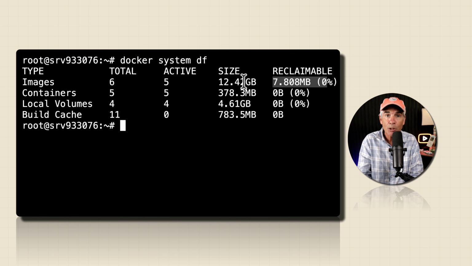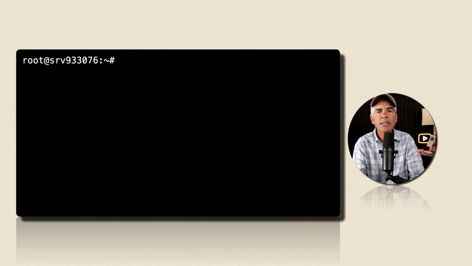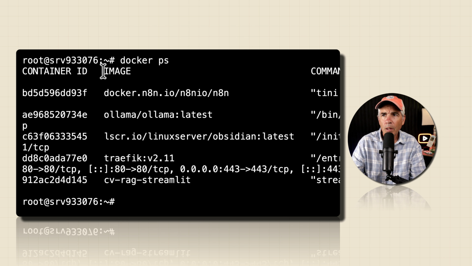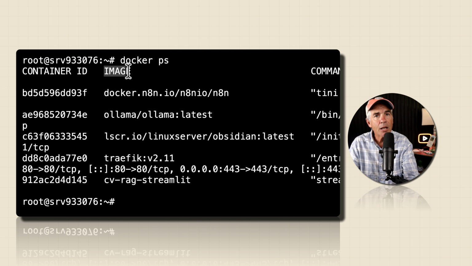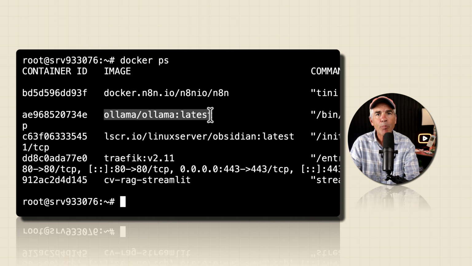That's because I just pruned. I'll clear the terminal by typing clear. If you want to see a list of all of the Docker containers on your VPS that you can update, you can just type in docker ps, tap return. Here is the Docker image column. This is what we're going to be updating and pruning. And these right here are image tags. These are telling the Docker Compose what image to pull in and what image to run when it does an